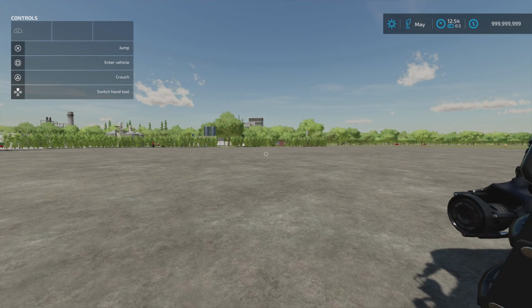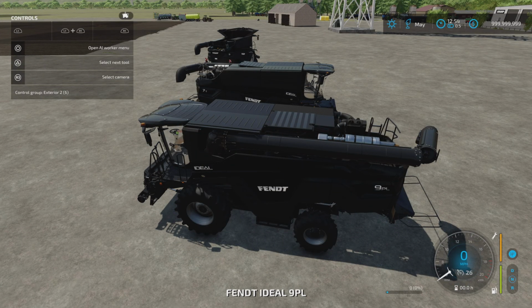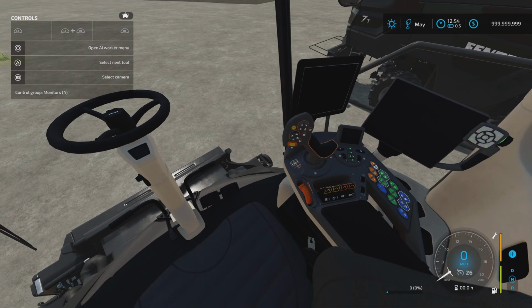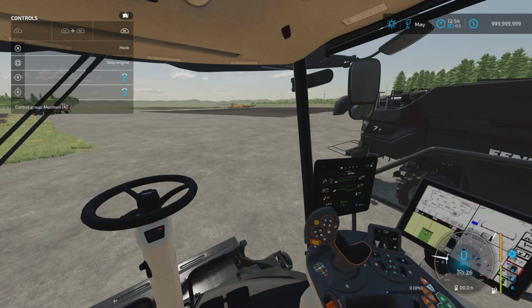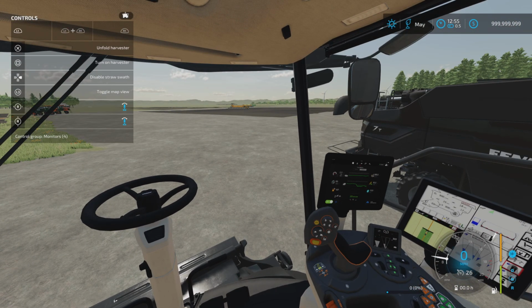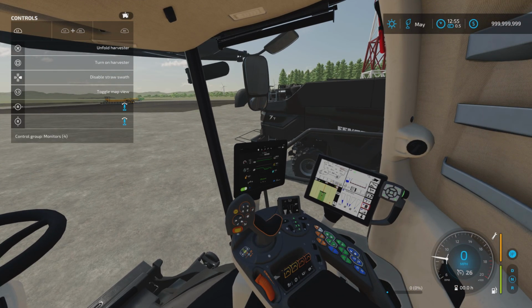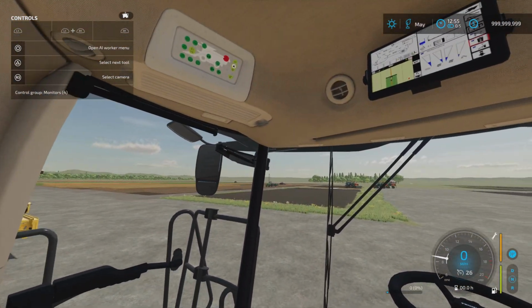We come, oh, hang on. We come out of there, go on to the third one. Let's go back to that. Mirrors, doors and steering, passenger seat, monitors. Again, I'm pretty sure that was exactly the same. Let's try that one. Monitors. That one round and round. That one up and down. That one like that. Like that. I thought one of these...